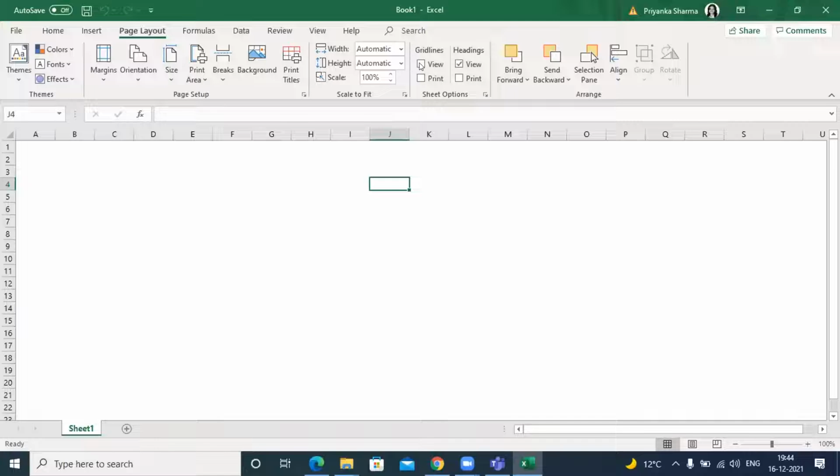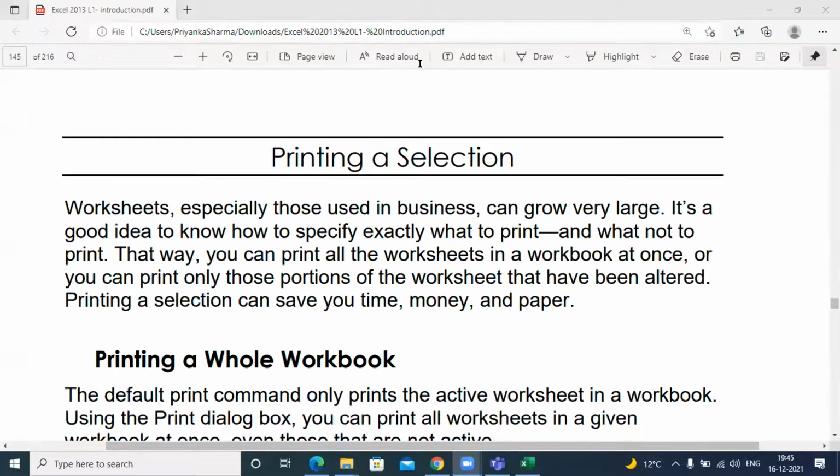Right. So once you have removed the grid lines, remember they are always visible in the normal worksheet window, so if you want to remove them, you can always do this. Now, once you have done this step, I want you to do the exercise in my PDF on this section. And I'll move to the next part of the PDF, in which we will talk about how to print a particular selection.